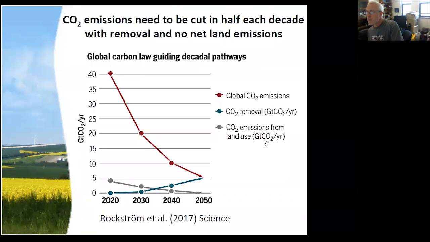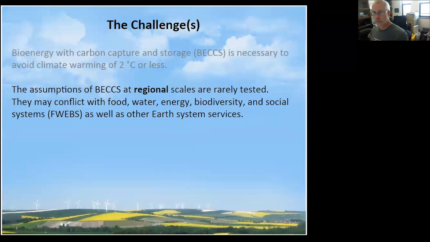How to do that? A lot of the integrated assessment models and global models of the climate system assume that we're going to create an economic system that's based in part on actively removing CO2 from the atmosphere and also making our emissions from land use negligible. A pretty large challenge. The problem from this global perspective is, what does that actually mean to people on the ground? So individuals,